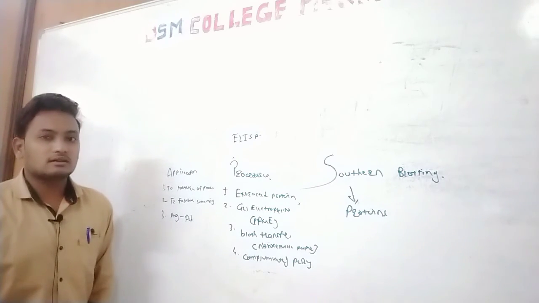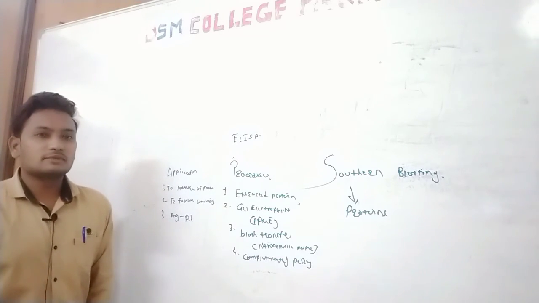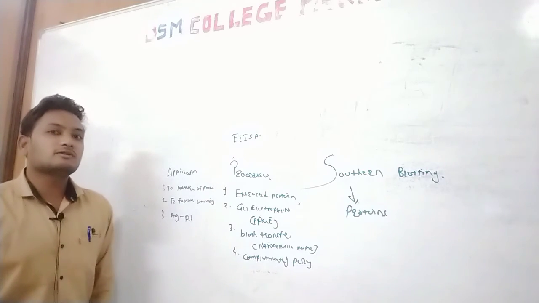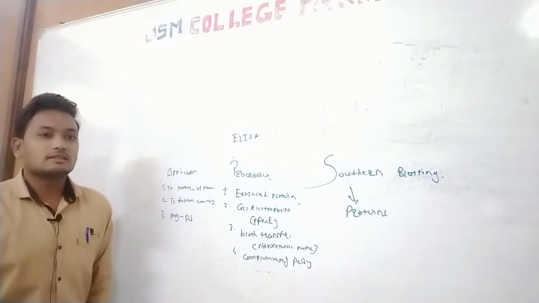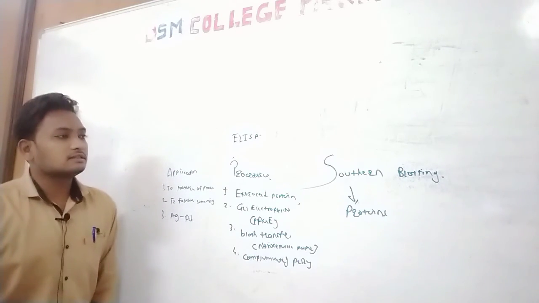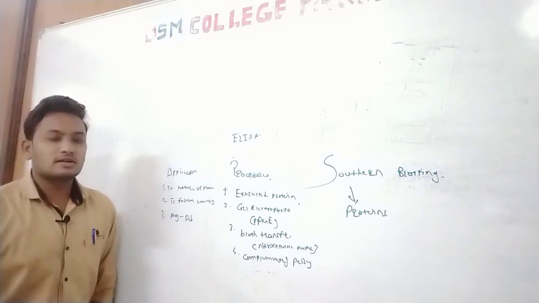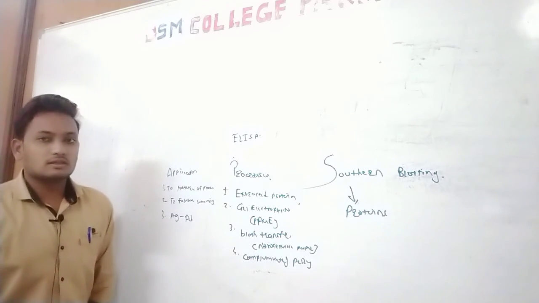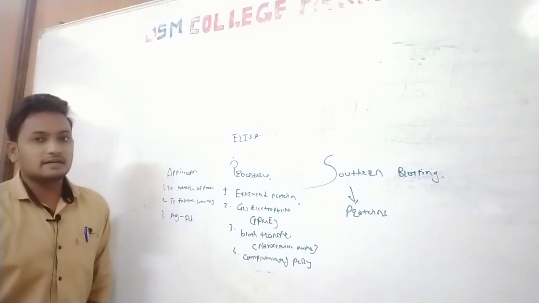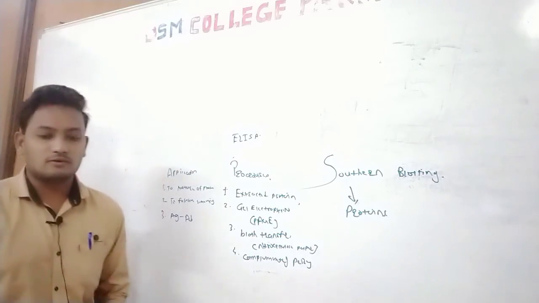After the blot transfer, we can also do further studies. We already discussed that blotting techniques are preservative techniques, while gel electrophoresis is only sometimes used. So here we have completed the Southern blotting technique. In today's lecture we have completed all the techniques mentioned in your syllabus: Southern blotting, Northern blotting and Western blotting. The three techniques are completed. Next lecture we will discuss the next point in genetic engineering. Thank you for watching this video.